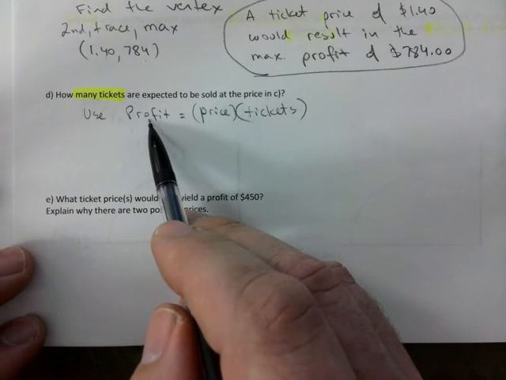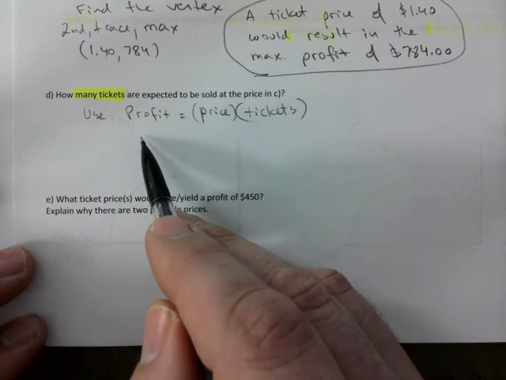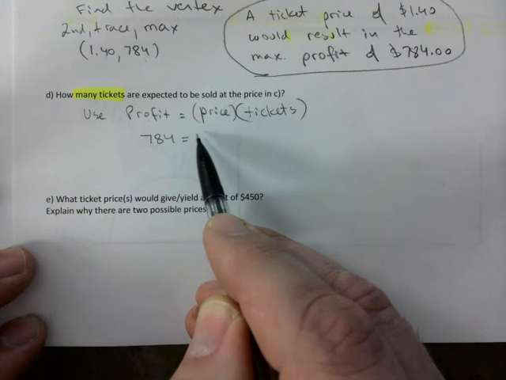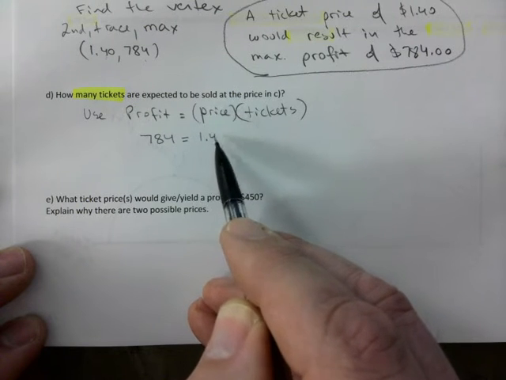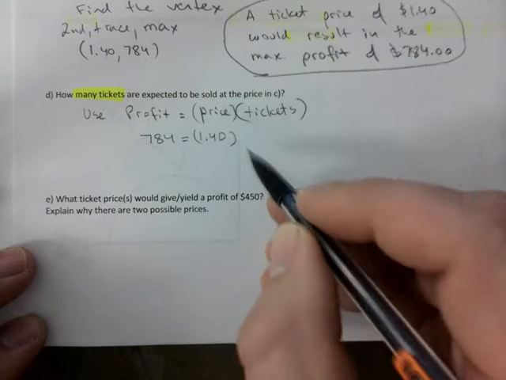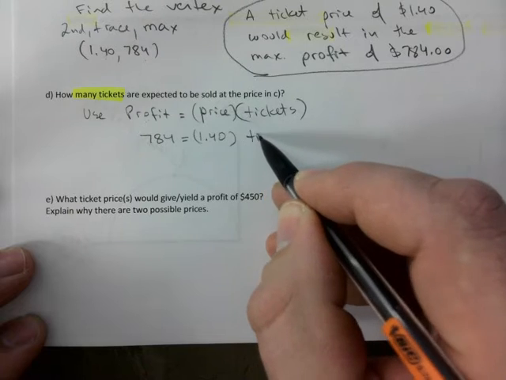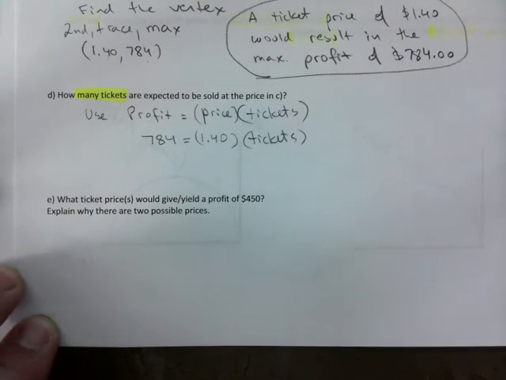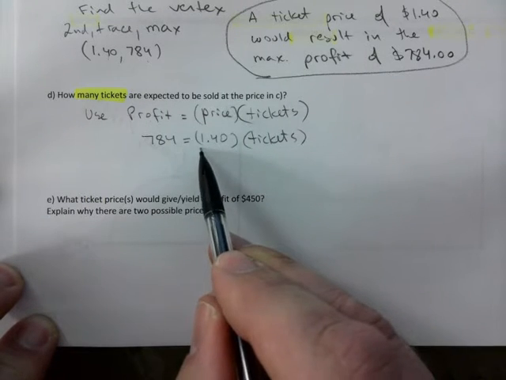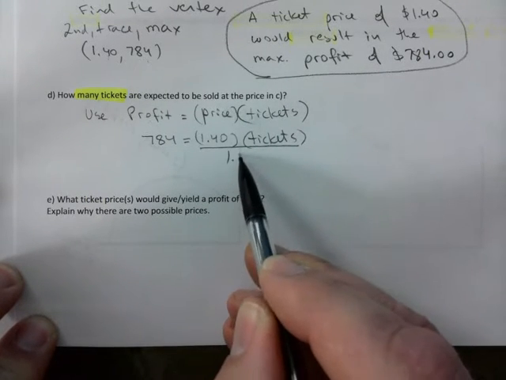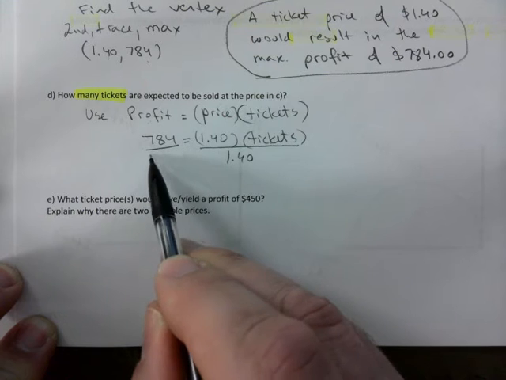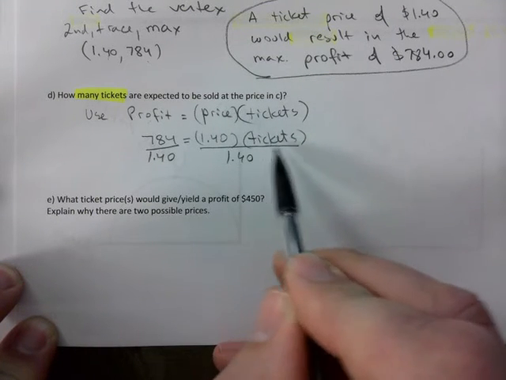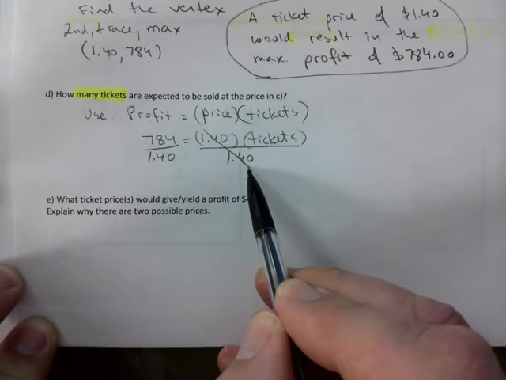But what was the profit again that would result in the maximum? 784. The price per ticket was $1.40, and tickets is unknown to us. What do I need to do there? Divide both sides by $1.40 because you want to isolate number of tickets. That's like X, the variable X there. So do this,